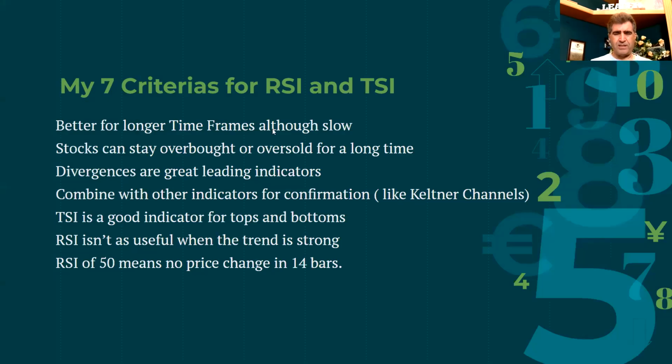So let me just, in summary, talk about my 7 criteria for RSI and TSI. Number 1, it is better for longer time frames, in my opinion. Even though it's slow, you can see on a weekly and daily, they are pretty strong indicators. Of course, I like stochastics. We talk about embeddedness. We like to look at MACD for trends. RSI could help us, especially if you haven't used TSI. TSI could be a good indicator,